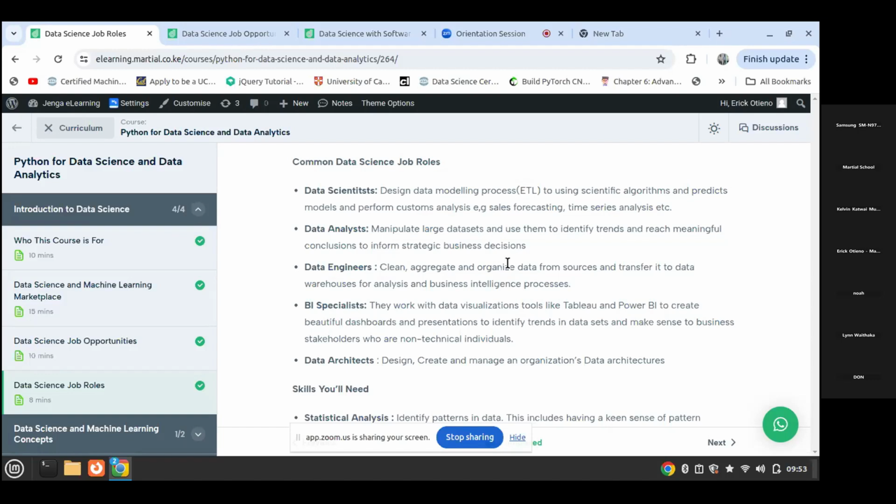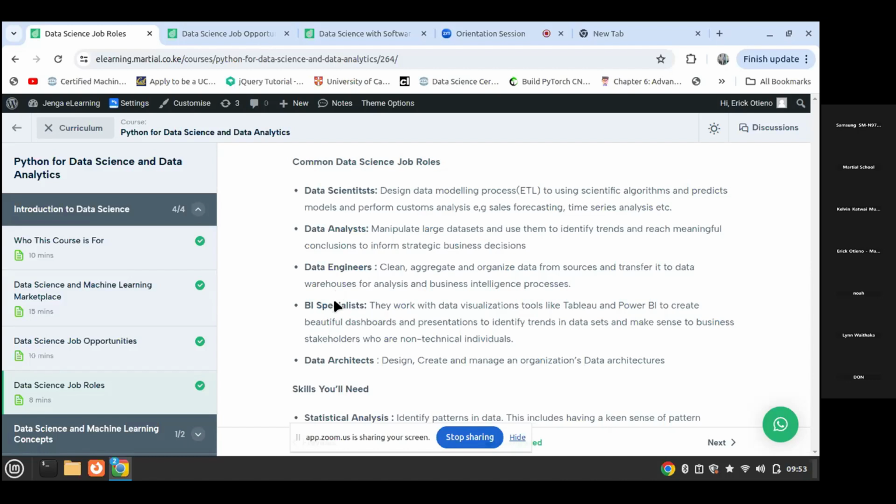So a data engineer is mainly focused on getting data, ensuring that the data is in the right format, and then storing the data in a data warehouse for further analysis. So you just read data, clean it, and store it somewhere for people to do analysis.